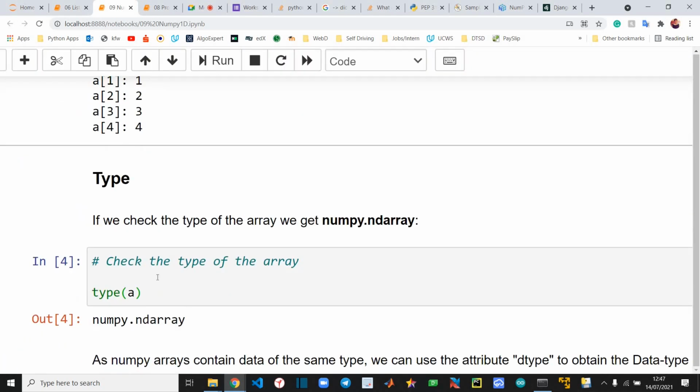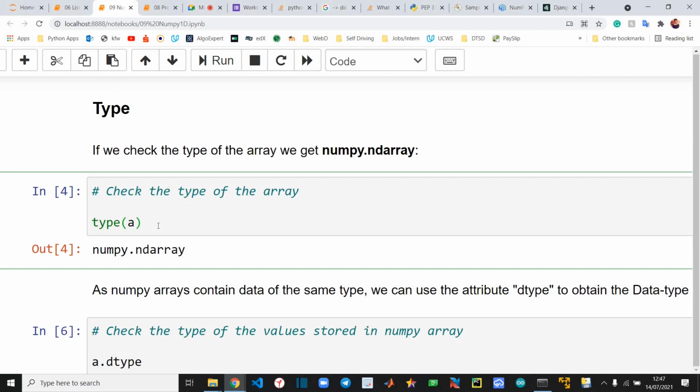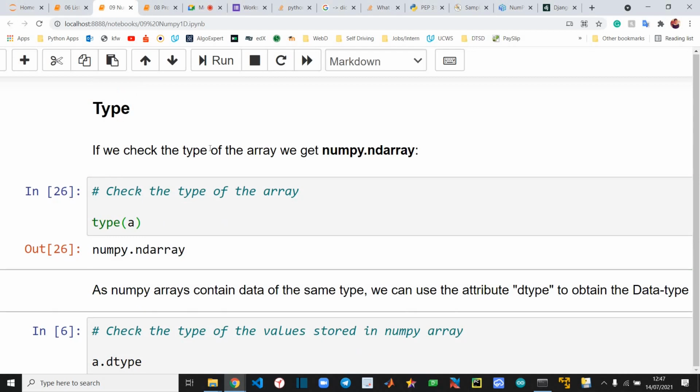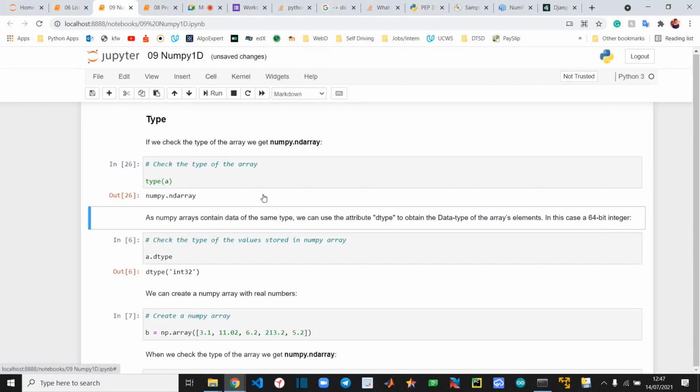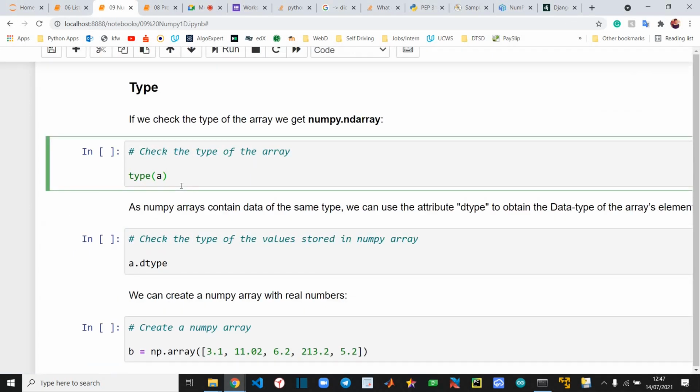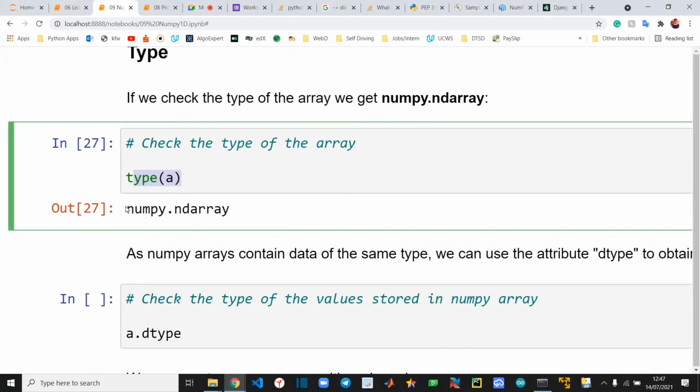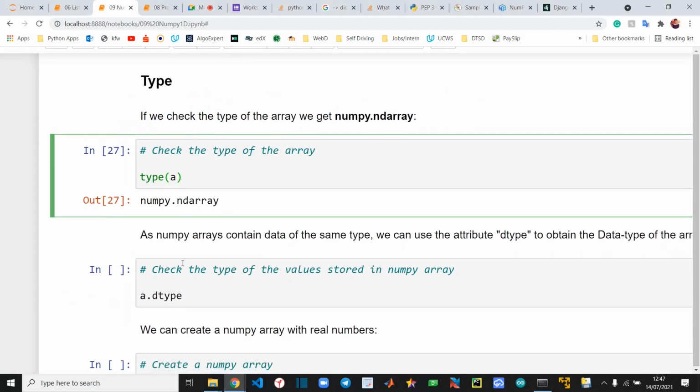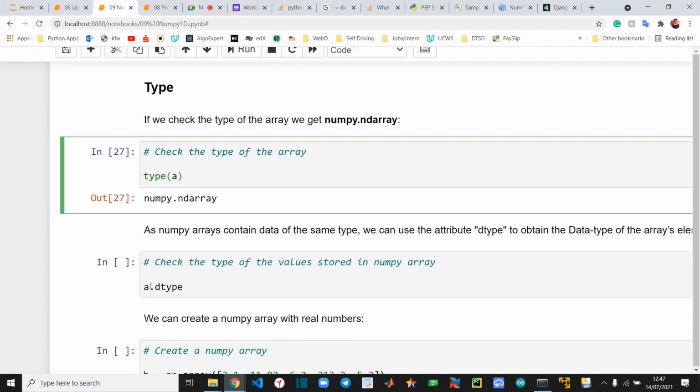We have used this method before. If we want to check what kind of array we have, we can see that it is of the type numpy.ndarray. ND means N-dimensional, so it is a NumPy N-dimensional array. This can be 1D or 2D, I think also 3D.